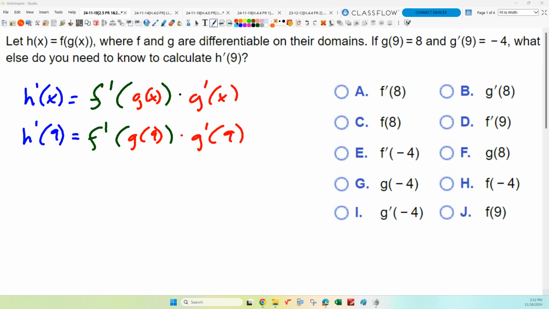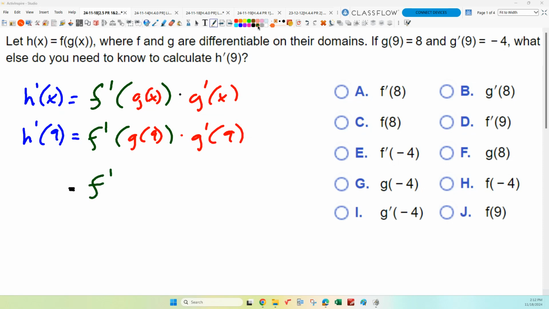Well, what do we know here? We know g prime of 9, we know that value is negative 4. We know g of 9 is 8. What is it that we don't know then? Yeah, f prime of 8. Exactly, right? So what this ends up being,